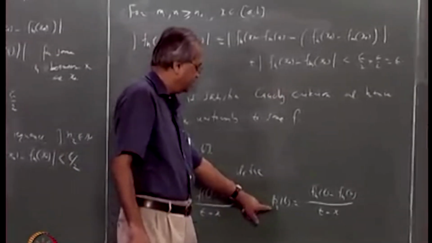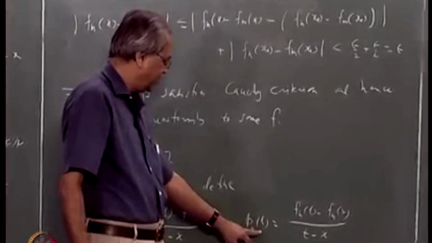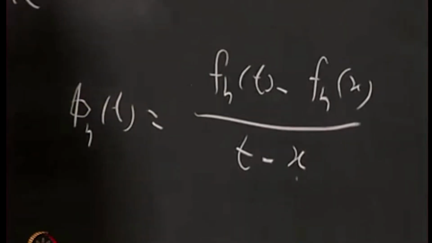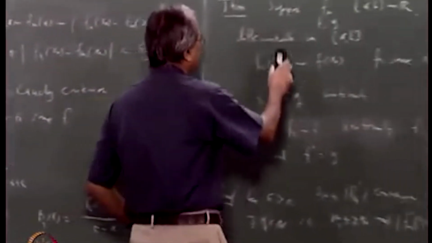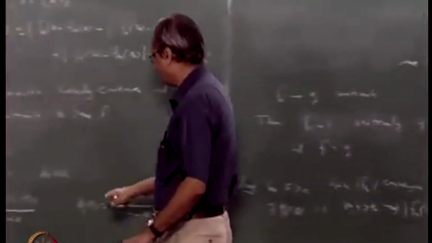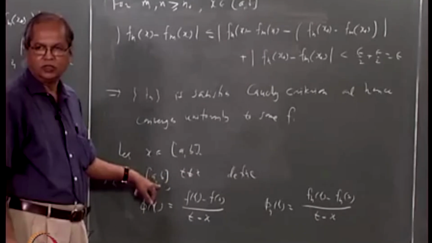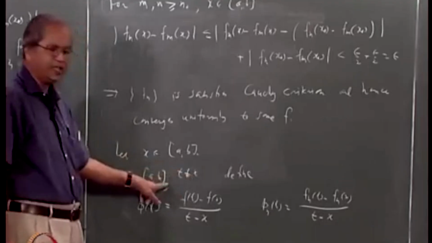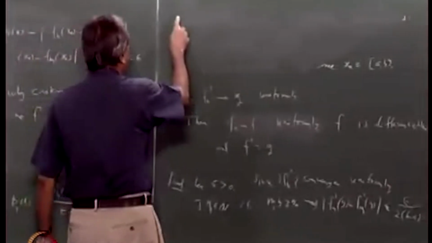But what about phi n t? In the case of phi n t, we know that the limit of phi n(t) as t tends to x exists, that is the same as saying that fn is differentiable. That is something we have assumed, so this limit exists and we know it already. Now the idea is as follows. Suppose we show that phi n converges to phi uniformly in this interval except at t equal to x. Then of course x is a limit point of (a,b) minus x. Remember our theorem about the limit. Let me first say what we are trying to do. We will claim this.